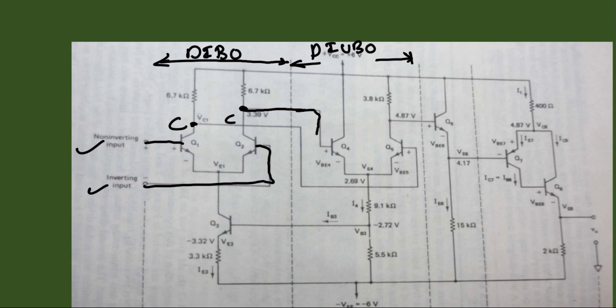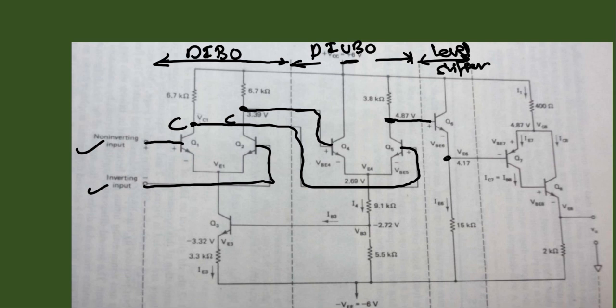So see here, two inputs are given again to the two transistors. This is the second input, which is again given to the second transistor, and it is an unbalanced output. So we are taking output from one of the collector terminals. Then after that we have the level shifter. Here is the level shifter, and here is the output of the level shifter, which is given as the input to the output stage, and from here to here we have the output stage.